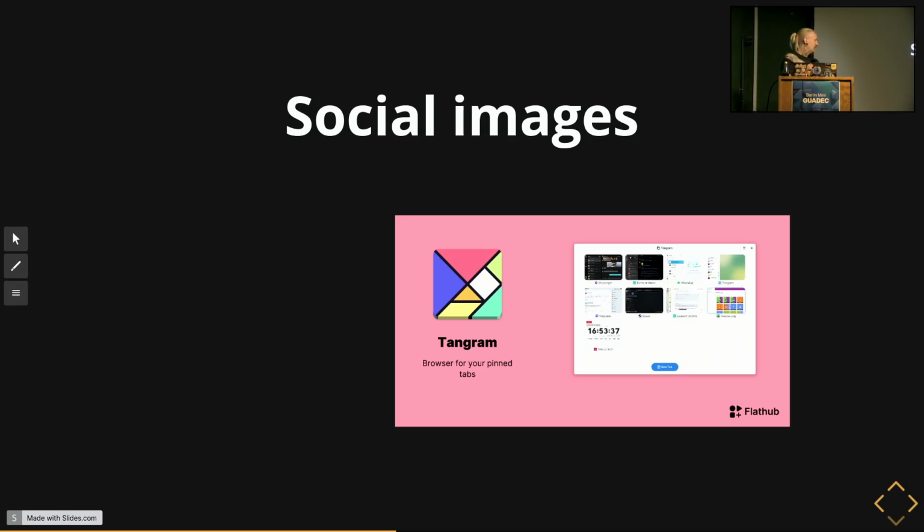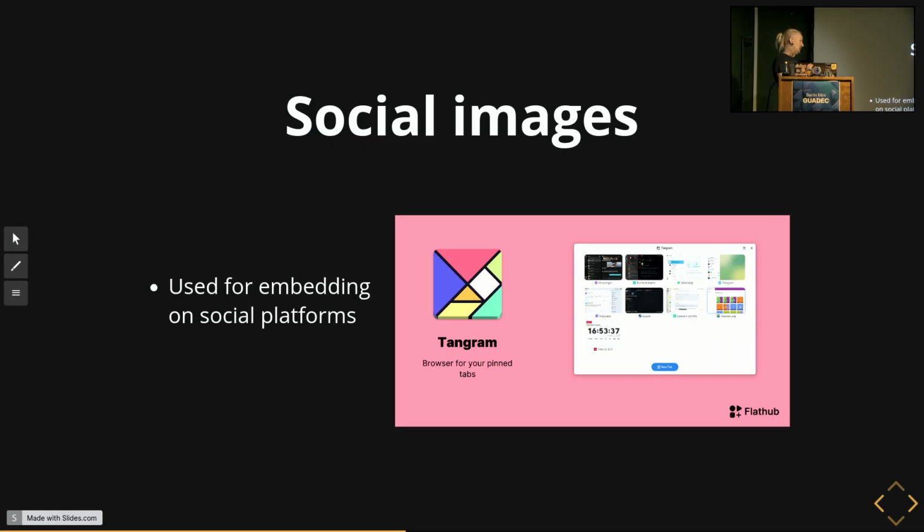Another thing that we're doing right now are social images. We're generating images from scratch basically. We're taking the icons that you upload to your app, and the first screenshot, we put it on a canvas, color the background in your preferred branding color, put some nice logos on it, your summary and your name tag, and that's used for social embeddings then.